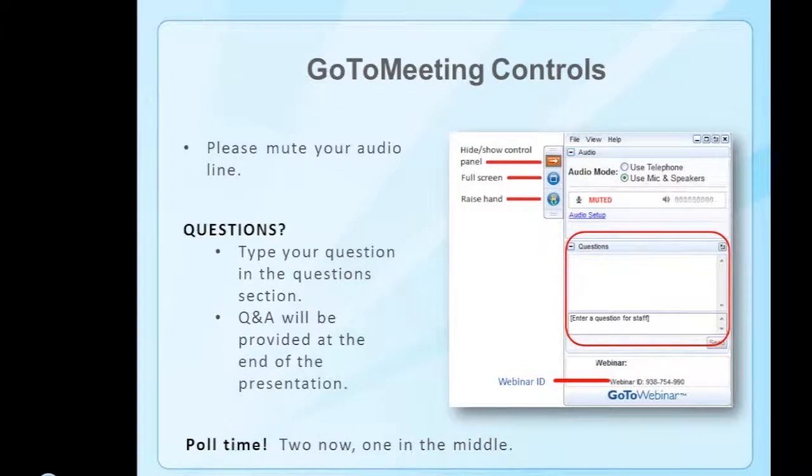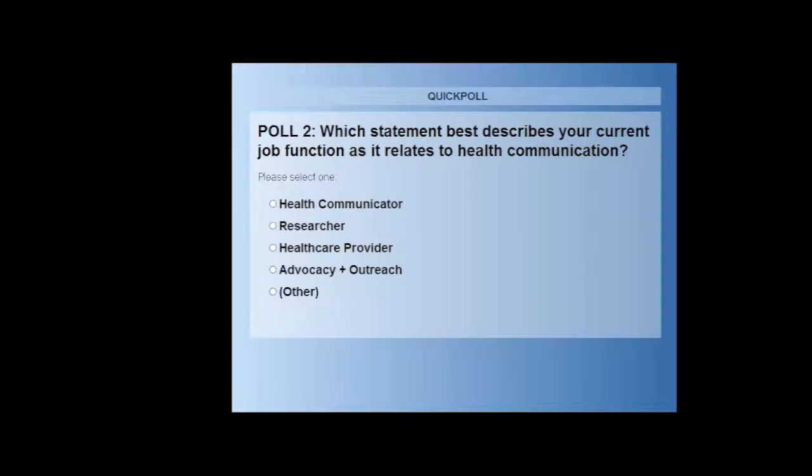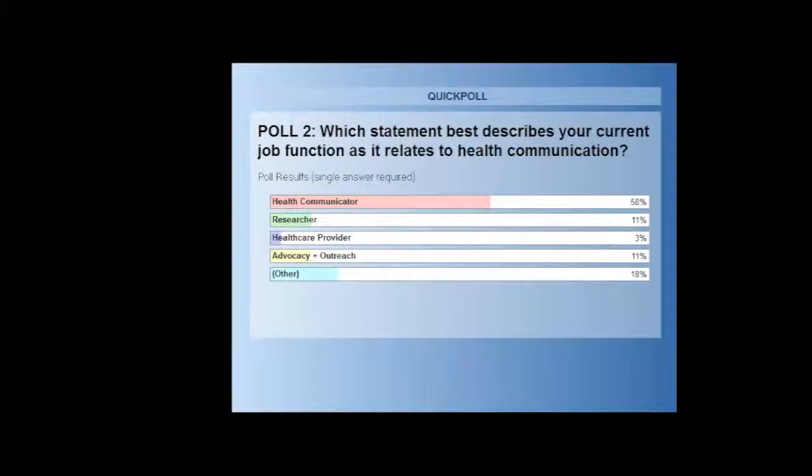And the second poll, which I want to launch, is just a little bit more about what you do. And so we're going to ask this question. Okay, we're almost there. I don't know if anybody else is waiting to vote. Great. Okay, good. So we got about 88% voted, which is wonderful. I'm going to close it in a few seconds and show you guys the results.